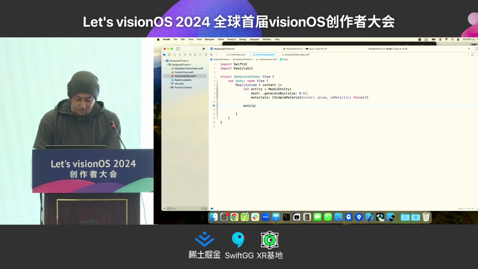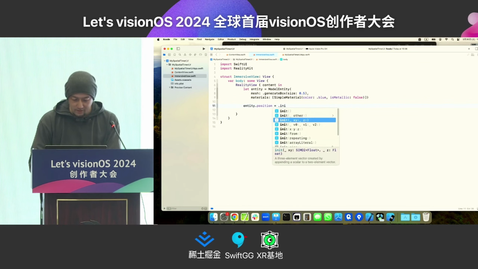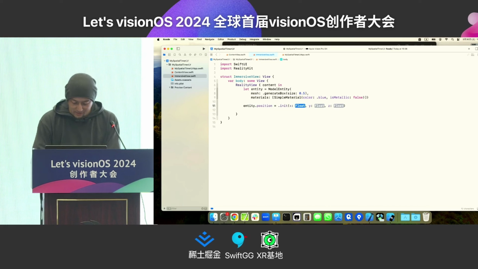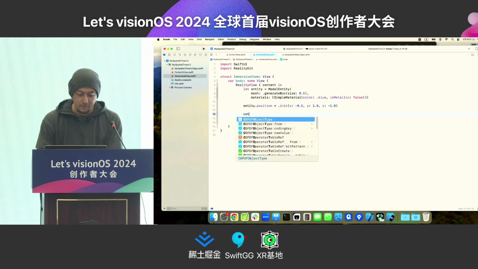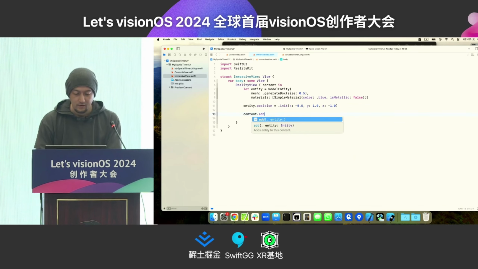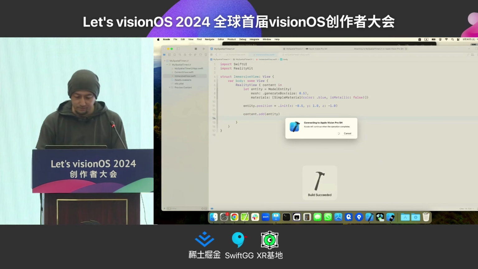And set the position: X, Y, Z, X to the left, Y to the up, and Z to the front, and content add. And run this.